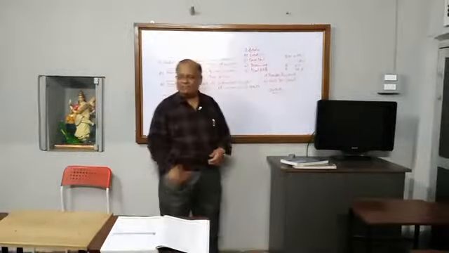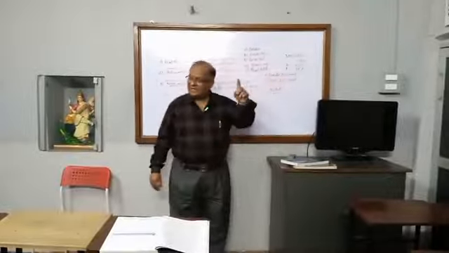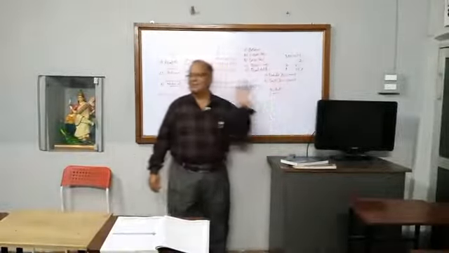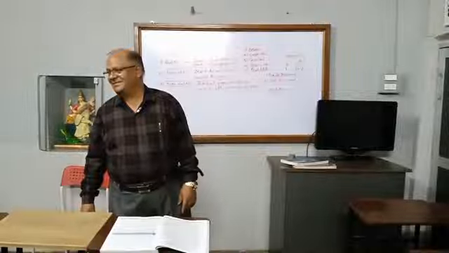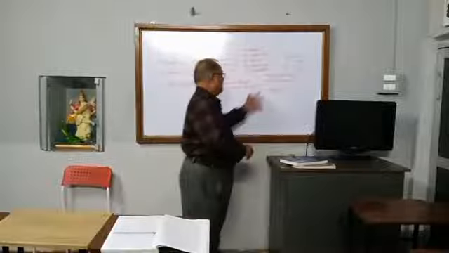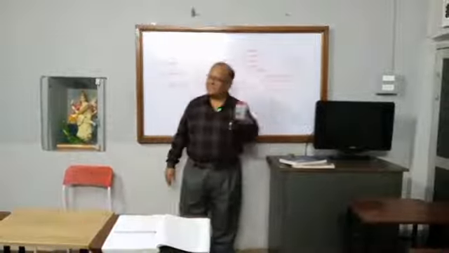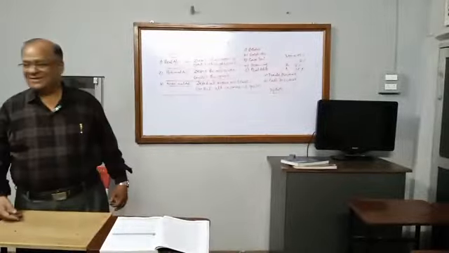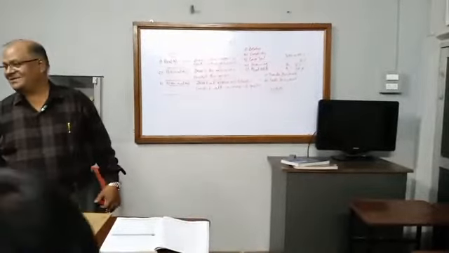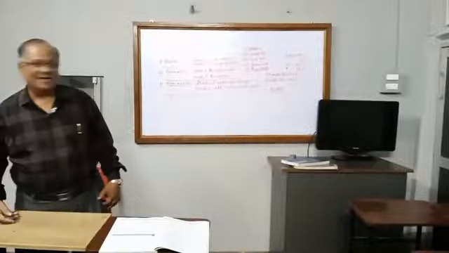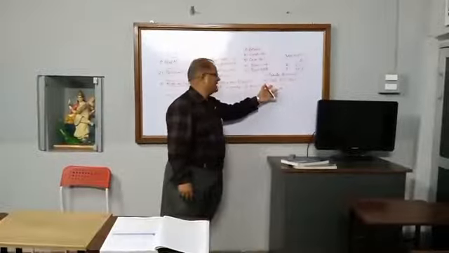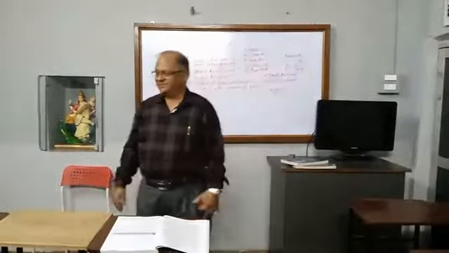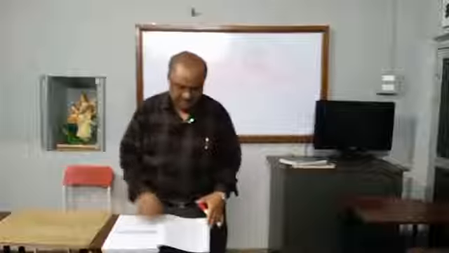Therefore, one thing is there. Trade discount is for credit transactions, and trade discount is not recorded in the books. Whereas cash discount is given for cash transactions and is recorded in the books. How much discount you are given for cash, you have to record it. Trade discount is not recorded in the books of account, whereas cash discount is recorded in the books of account. These are the terminologies.